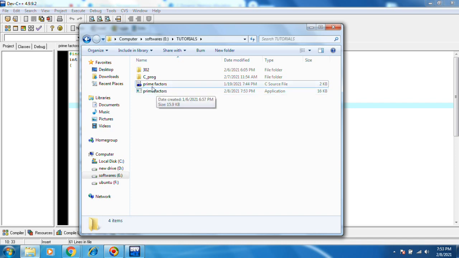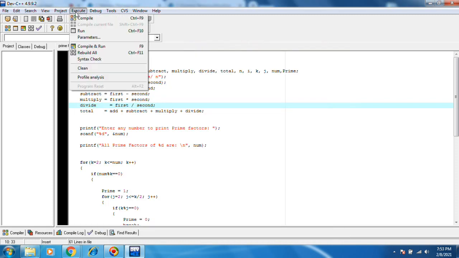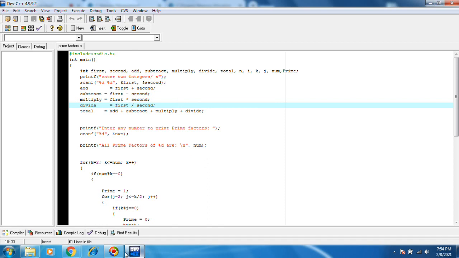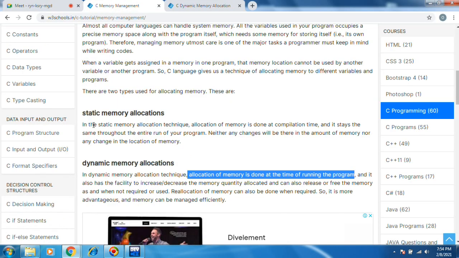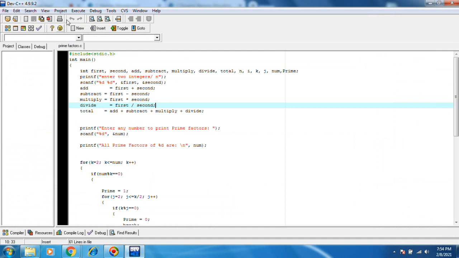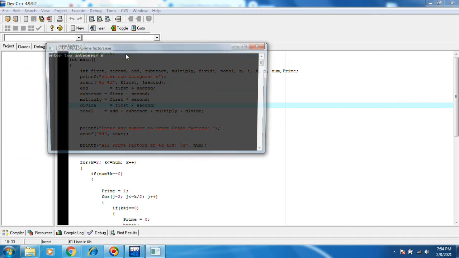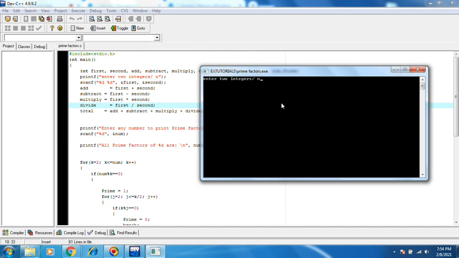At the compilation time, the static memory allocates, and dynamic memory allocates at the time of run. Here now the dynamic memory allocates. This is how static and dynamic differ. Static means the first time.